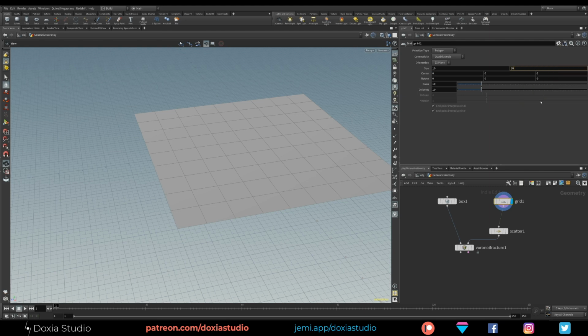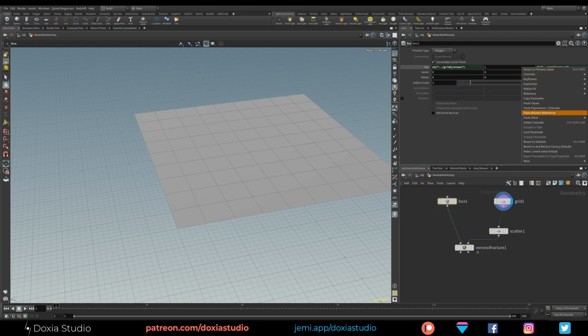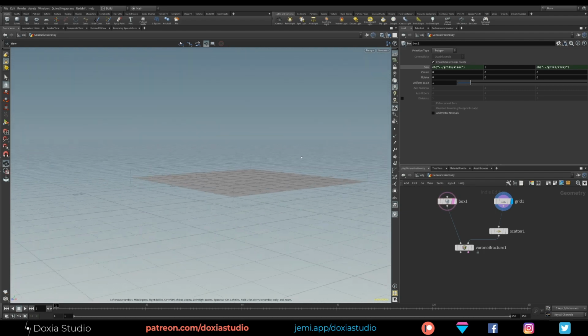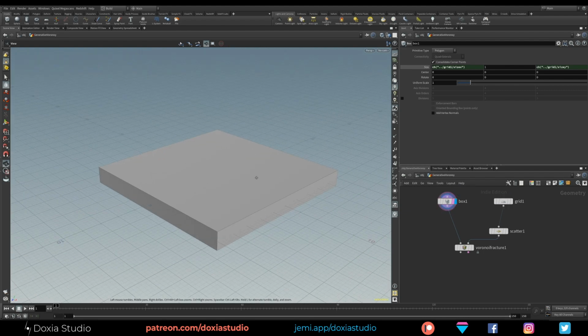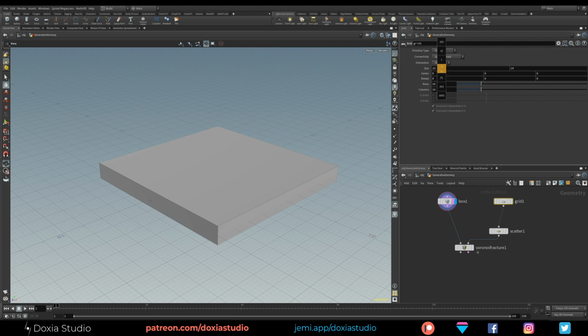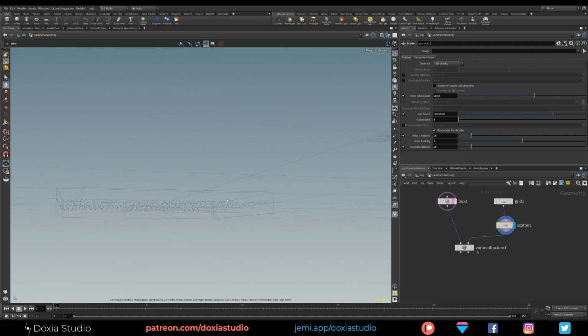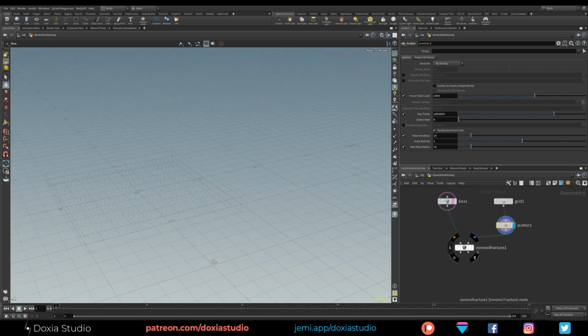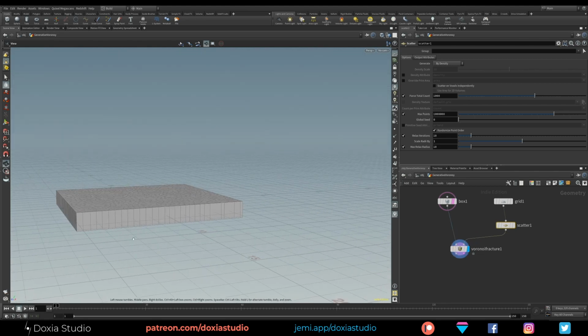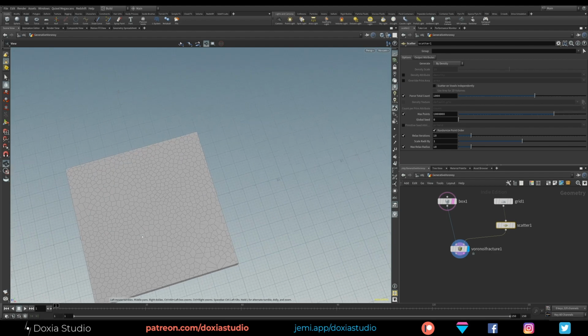If you want, you can come here, copy parameter, and paste relative. The name is that. So if I change, you can see, let me wire the box. See the box. So if I change the values from our grid, the box will update. Pretty cool. So now we scatter our points on the grid, so they are all on the same plane on the floor. And now the Voronoi is a little bit different. You can see on the edge, on the sides, that it is a little bit different.